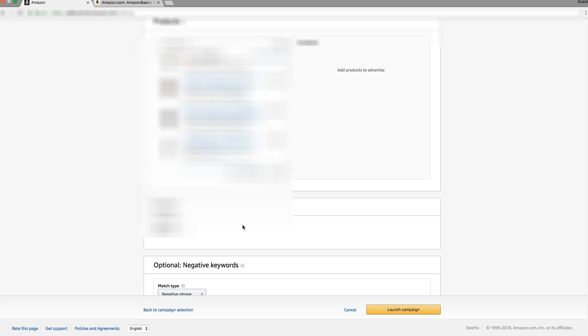Then I adjust the budget and bidding from $1 to $1.50, or even $2, to get some initial data. That's why I always tell people to start small, because you might have lots of competition. You might think the market is good, so you're going to spend tons of money and make lots of cash. But sometimes